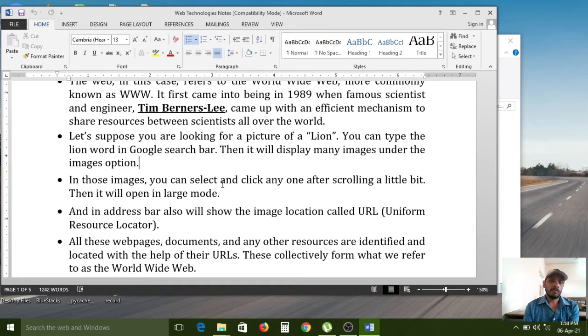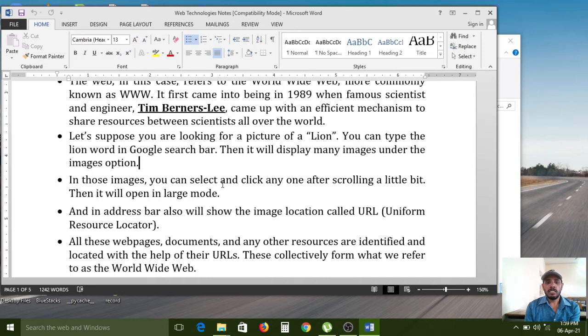The second word is technology. Technology means what is running and how it is running. If we give the keyword in the search engine address bar, then what happens behind it? Internally, behind that search engine, different web technologies are already implemented. So your keywords are taken by those technologies and sent to the different servers, and if the information is available on those servers, it is collected and presented on the screen. Then only we can see that information.